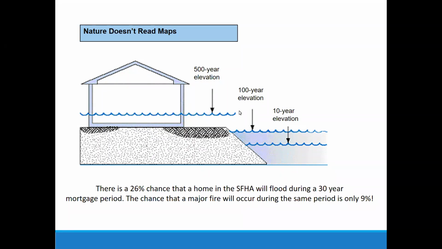In 2019, we had flash floods all over the state of Kansas. It rained a lot in the month of May. 49% of the flood insurance claims that happened were from properties that were outside the floodplain. And only 2% of the buildings in Kansas have flood insurance. Only 10% of the buildings in the actual floodplain have flood insurance.